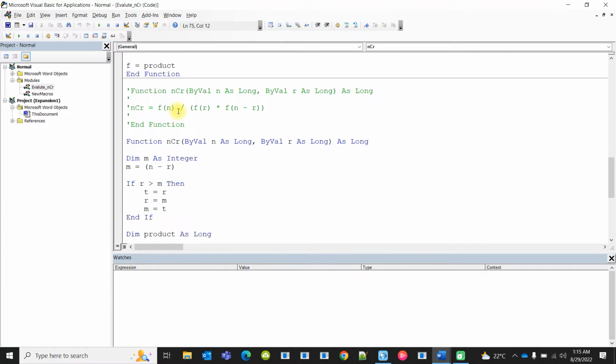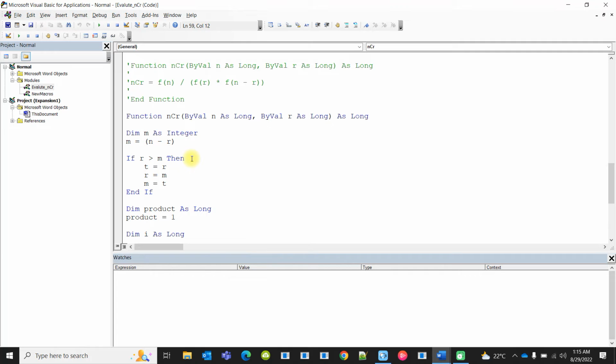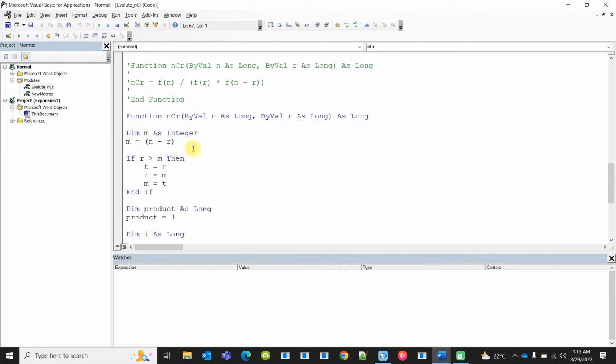It was able to find the NCR, but while trying to find the factorial for 13, I was facing an overflow exception. But using a modified version, I was able to expand this up to the 17th power. I am not going into the details of what I have done,